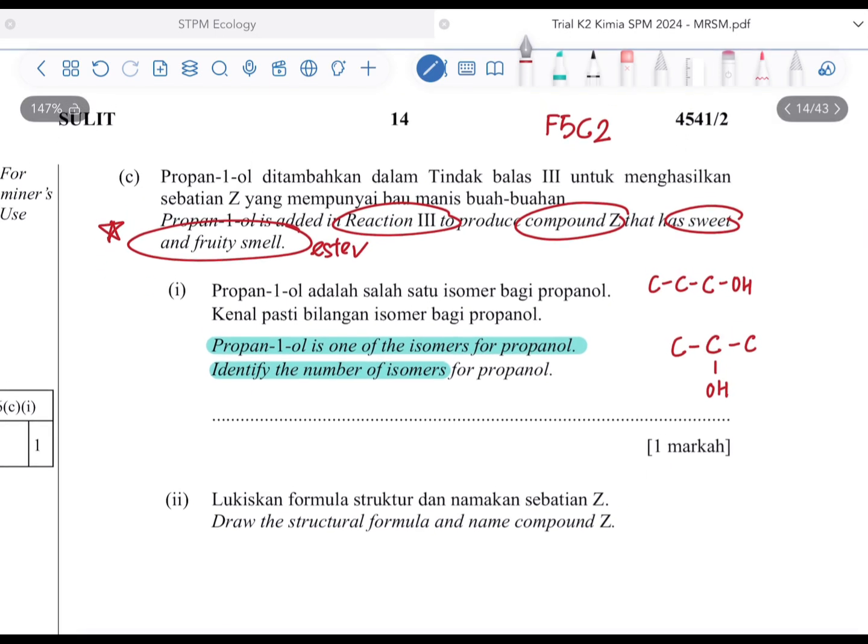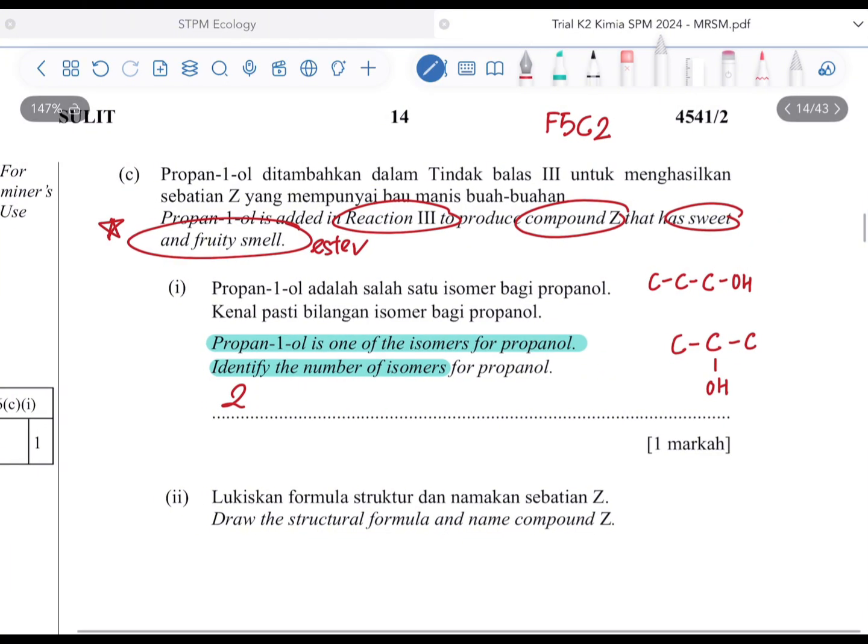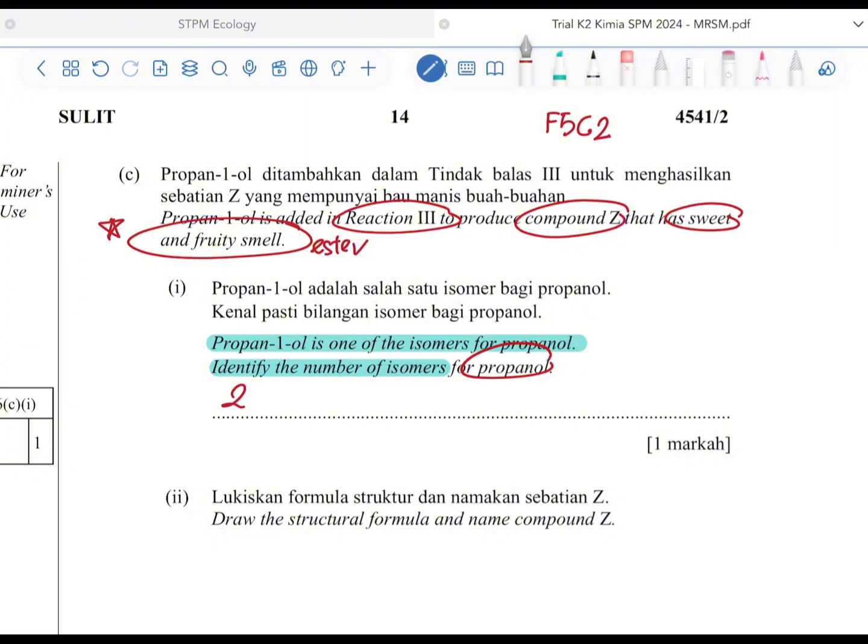Propan-1-ol is one of the isomers for propanol. Identify the isomers for propanol. So we have two isomers for propanol. How do I know that? Let's draw out the original chemical formula for propanol, which is C, we have C, 3C, and then one OH group, and the other one which I didn't draw out. Okay, let me draw it out. It is the original propanol. It is the chemical formula for propanol. If you want to name this one, this is actually propan